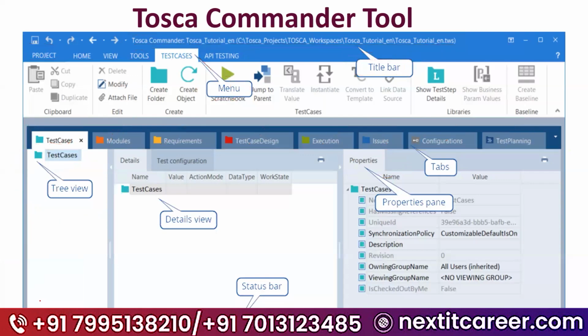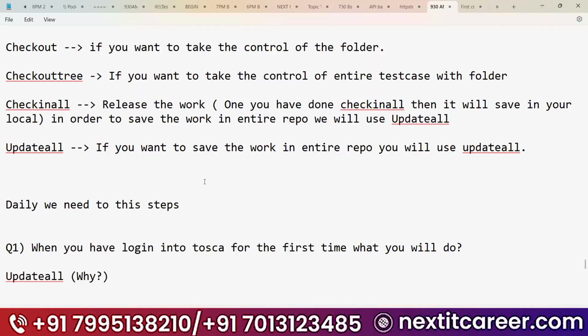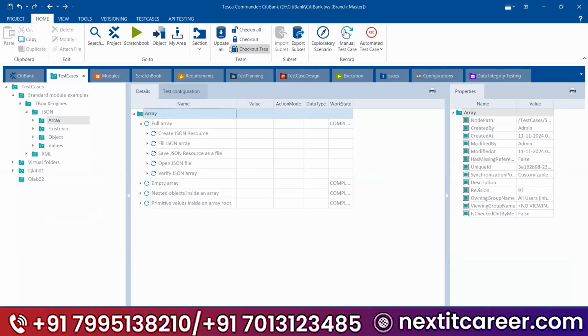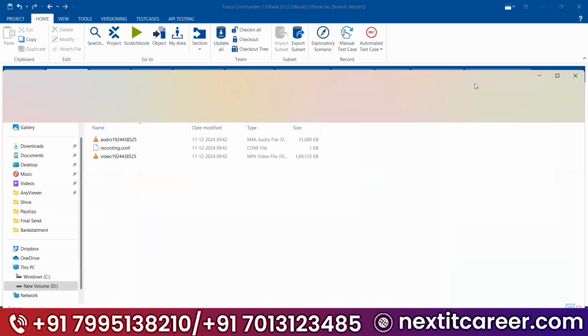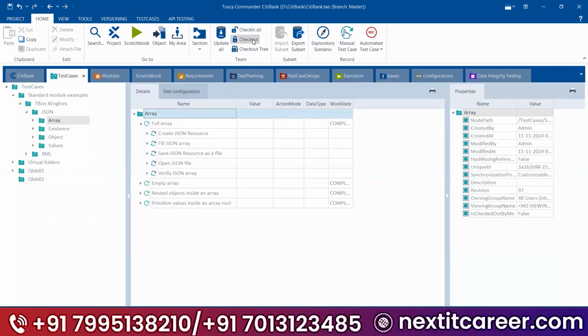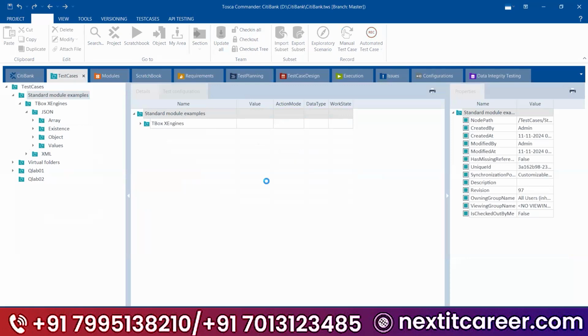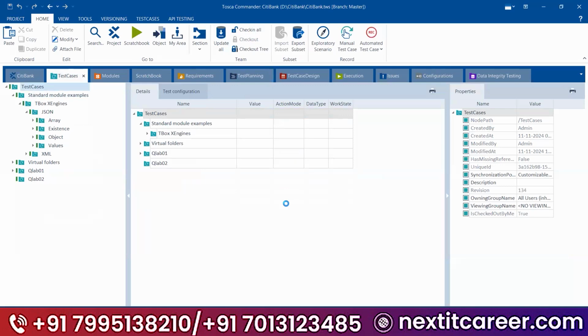If you have multi users, so if more users are logged in at a time, then you need to take the help of check-in and checkout. If I want to access this one, then I will do checkout. If I want to take the control of the whole folder, then I will do checkout tree.